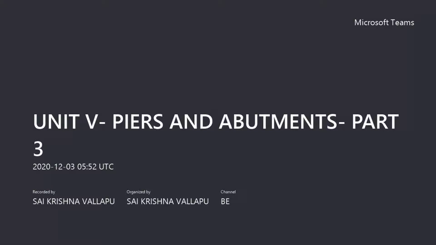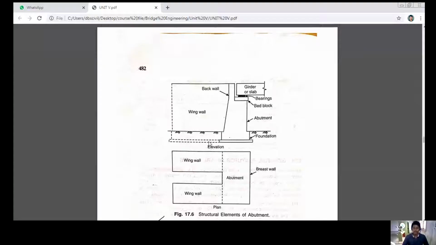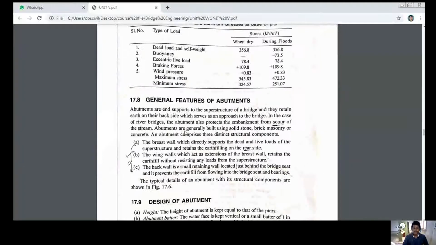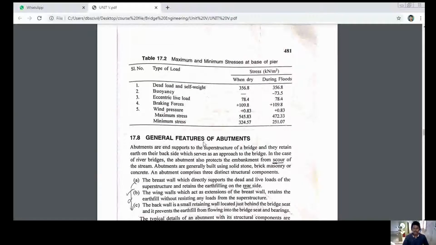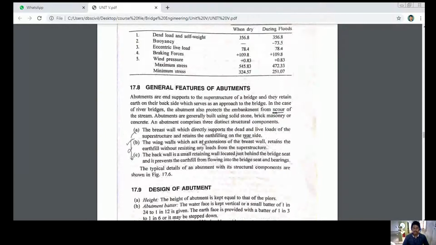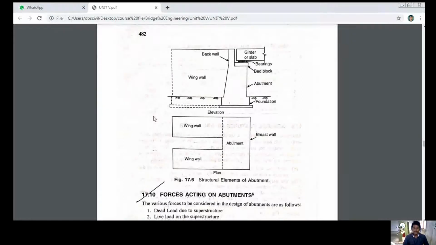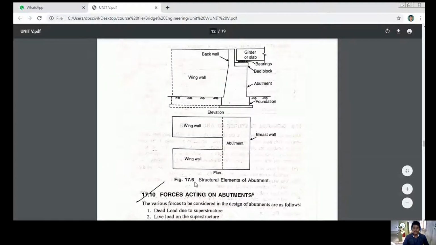Is the structure how the abutment looks. We are talking about, we have completed general features of abutment. Next we design of abutment. In design of abutment, please look at this diagram so that you will get a clear idea by